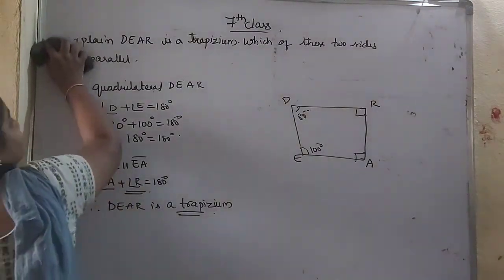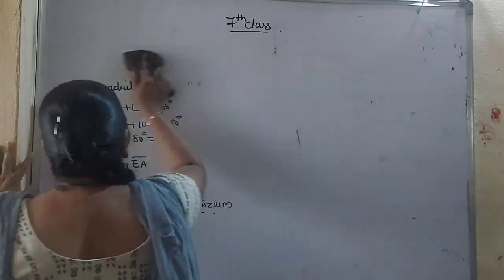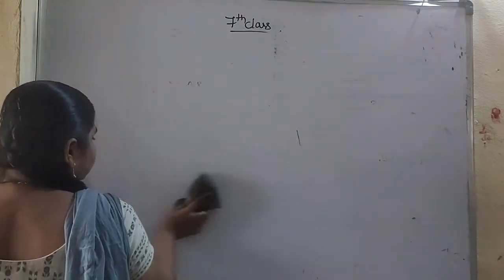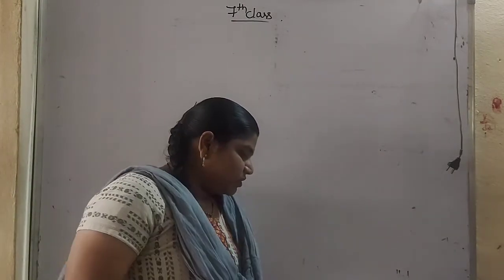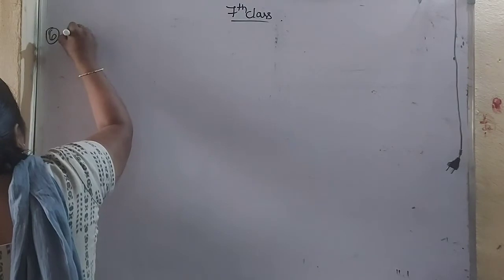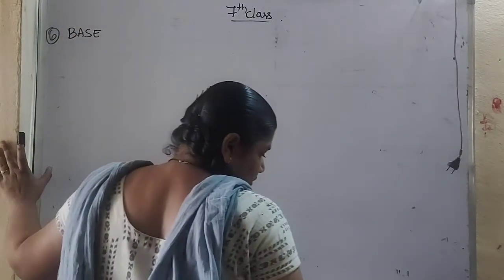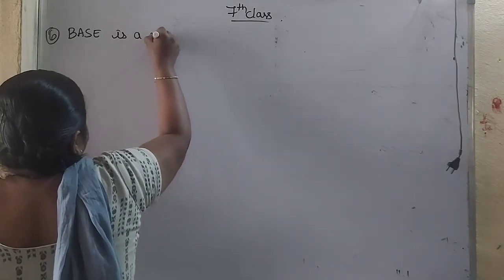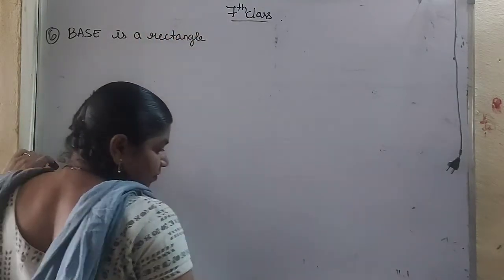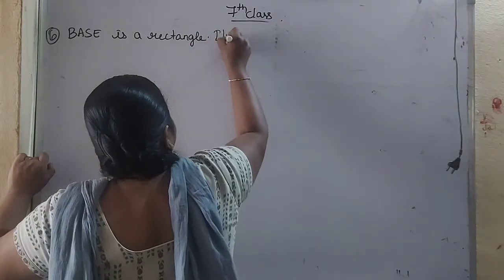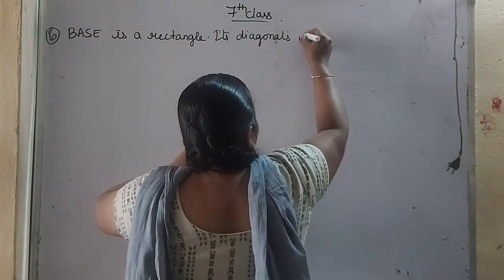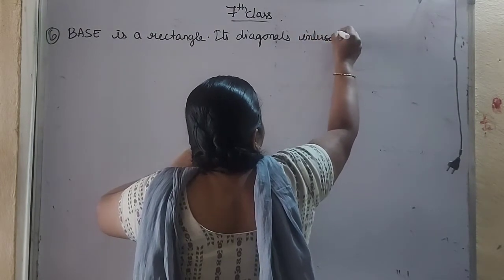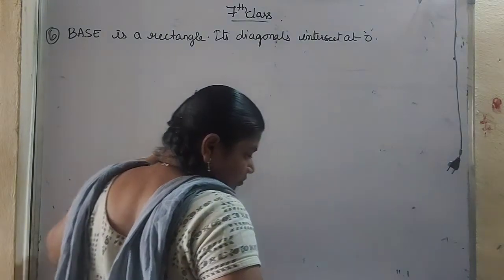Next is the sixth question. BASE is a rectangle. Its diagonals intersect at O. Find x